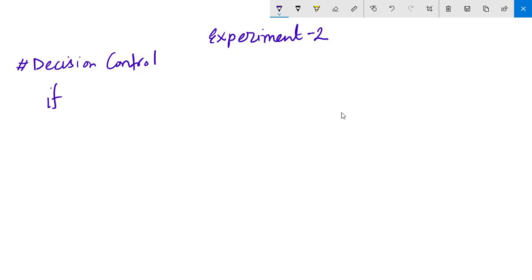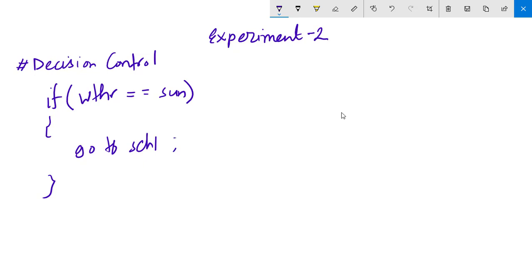If the weather is equal to sunny, then curly braces, go to school, else, stay in bed. This is our structure of writing this code.